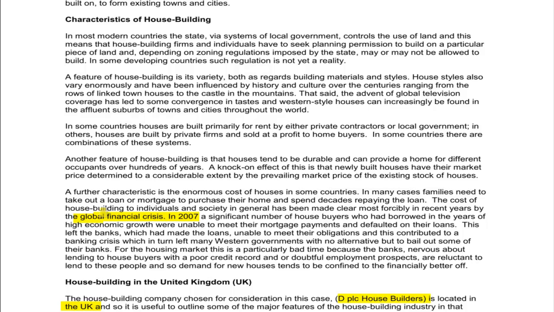And of course, as it states in this section, this is what brought about the global financial crisis. It all started in America, where loans were being given out to people who simply couldn't afford to pay them back. As soon as those loans started to materialize, people couldn't pay them back, and the loans had been sold on to lots of other banks around the world. Gradually more and more banks realized that there were going to be all these loans which couldn't be paid back, and that started off the crisis, which here we are in 2012,